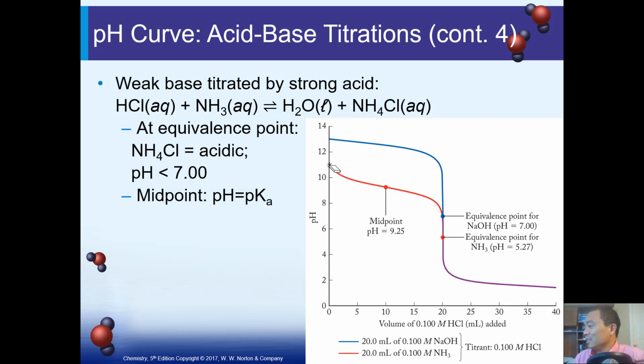For the first feature, pH quickly drops. Second feature, the equivalence point pH for this situation is actually smaller than 7, because you have a strong acid versus a weak base. So if we summarize this about the equivalence point,